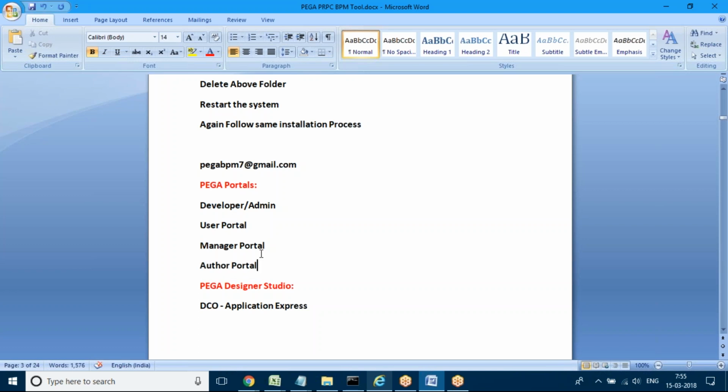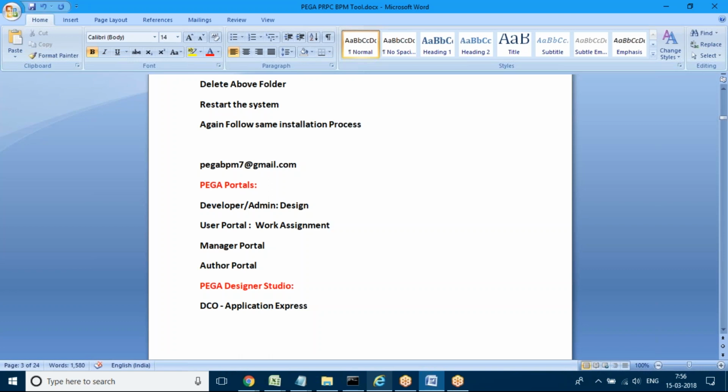I'll discuss the other portals later, because as a developer, mainly all the design will be done in the developer portal only. And as a developer you'll also be using the user portal. The work assignment or work routing will be done to the user portal.